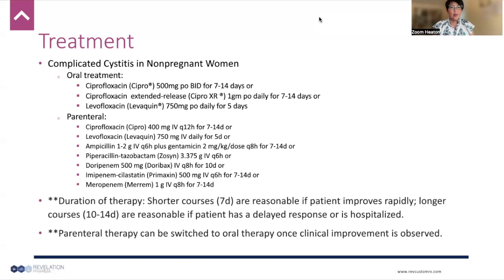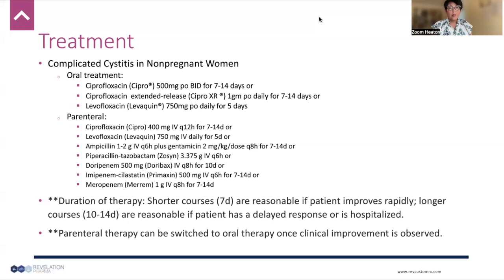Patients who cannot tolerate oral therapy or patients with infection that is suspected to be due to resistant organisms should be treated with parenteral therapy, such as IV Cipro, 400 milligrams every 12 hours for 7 to 14 days, or Levaquin, 750 milligrams IV daily for 5 days, or ampicillin, 1 to 2 grams IV every 6 hours, plus gentamicin, 2 milligrams per kilogram per dose every 8 hours for 7 to 14 days, or Zosyn, which is piperacillin and